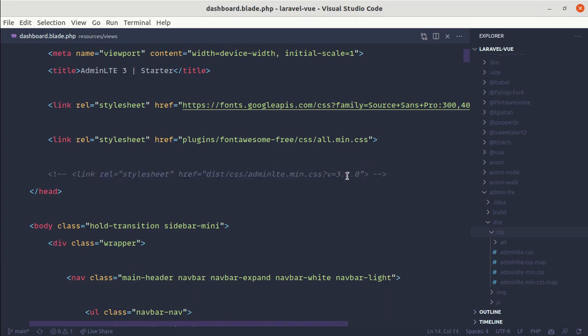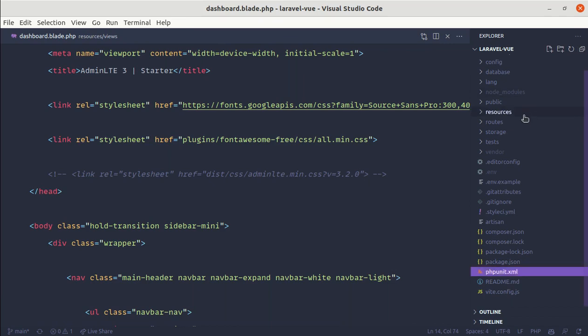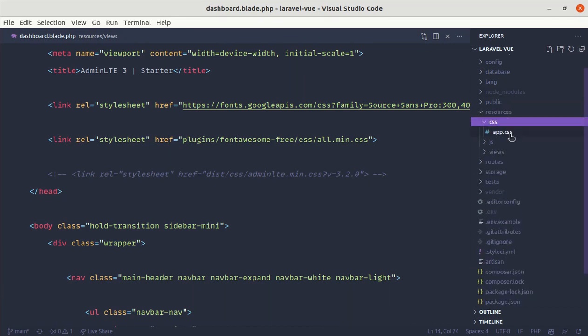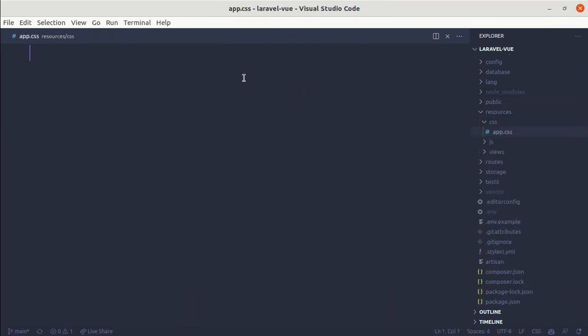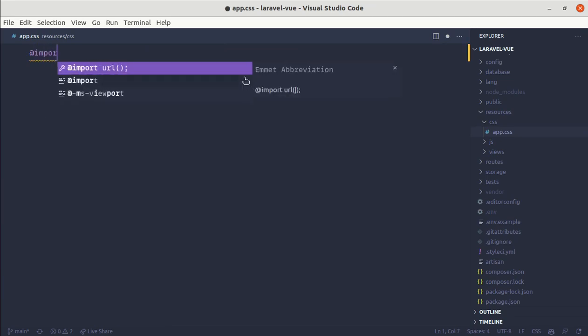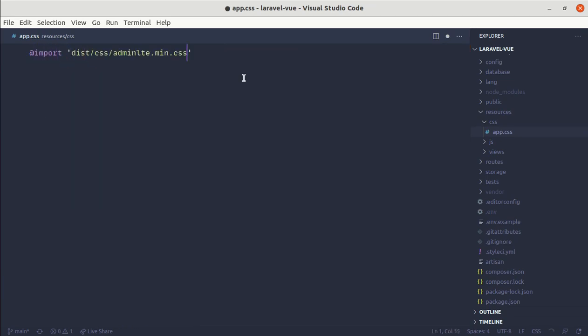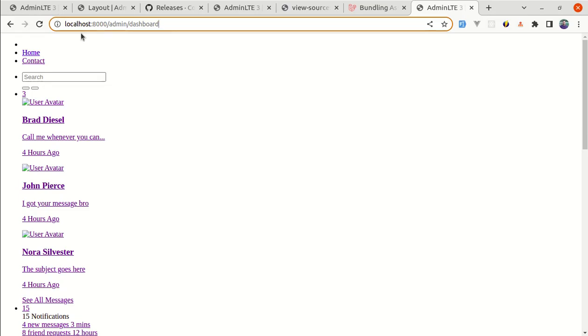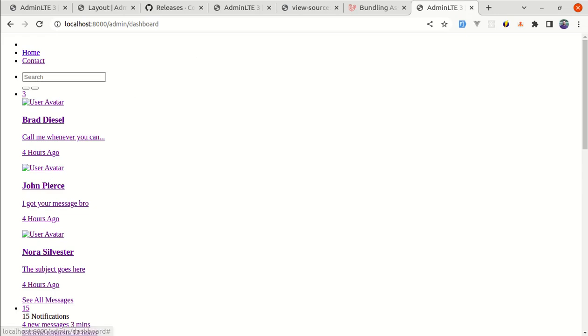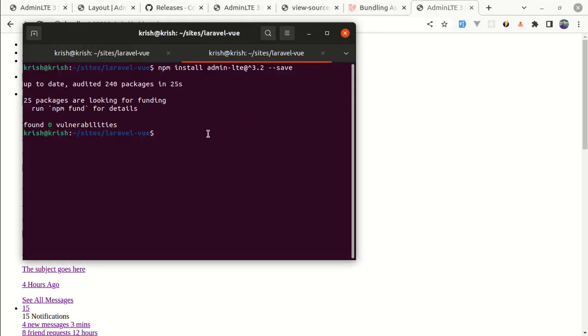Let me comment this, and if I go to resources css app.css, then we can use CSS import to import that file. So import, and it will point to node_modules/admin-lte/dist/css/adminlte.main.css. Okay, and if I go over here and refresh the page, it will still not work because we need to run Vite. So let's do npm run dev,